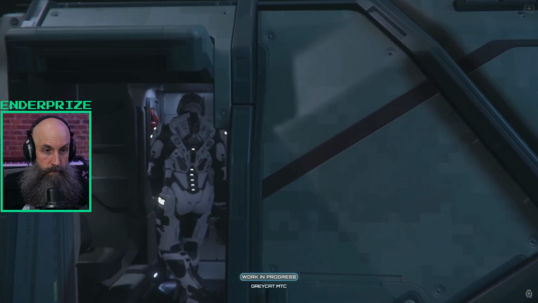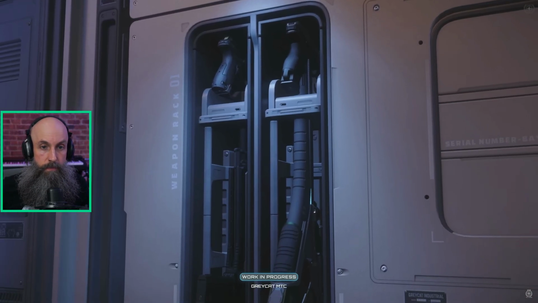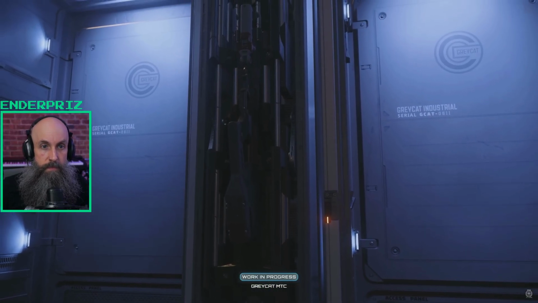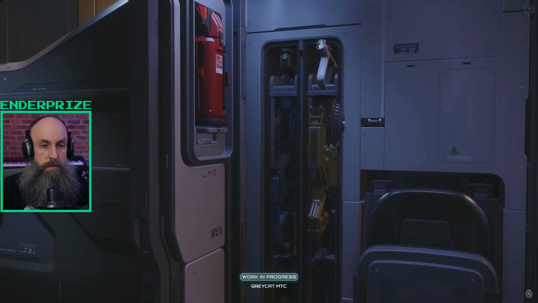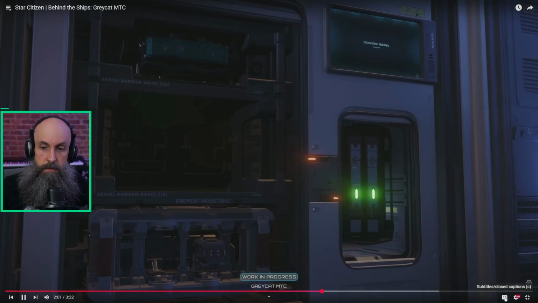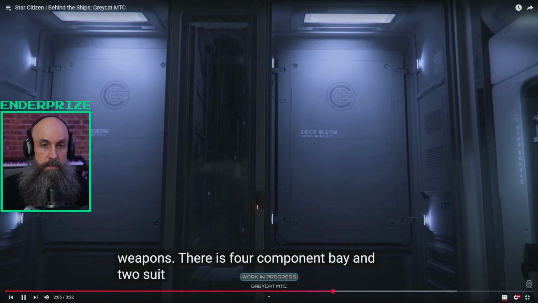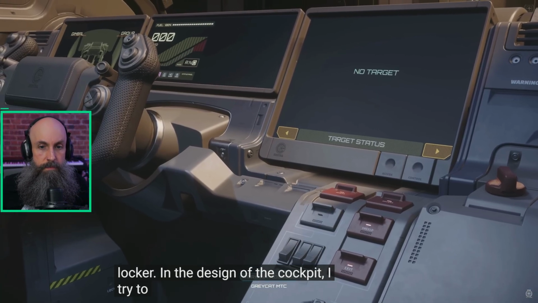In first look, you see very simple design, but telling a story. It has 3 weapon racks. One of them is between 2 suit lockers for a heavy weapon, others for regular weapons. There are 4 component bays and 2 suit lockers. In the design of the cockpit, I tried to make...